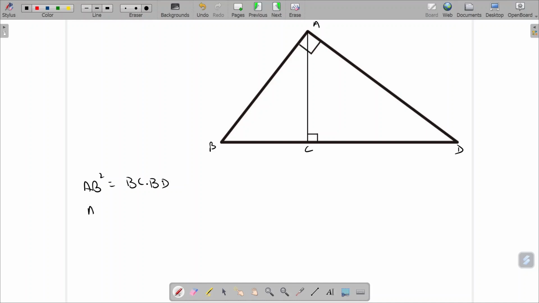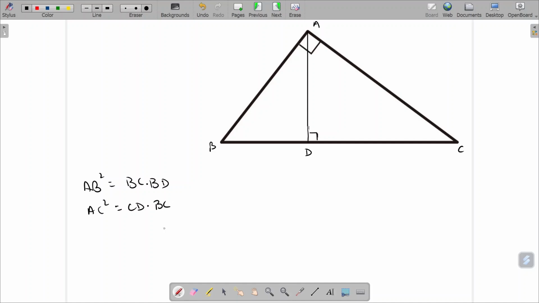From the other one we had that AD squared, sorry, my apologies, I'm going to quickly fix my mistake. That was C over there and that was D over there. Okay, it's BD times BC,